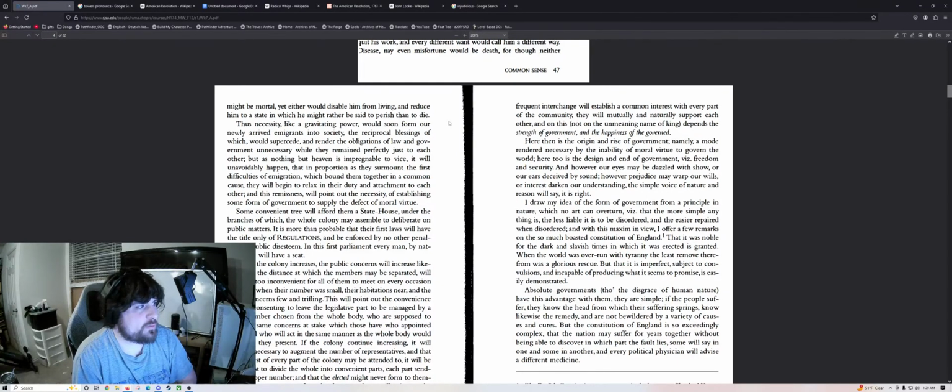The reciprocal blessings of which would supersede, and render the obligations of law and government unnecessary, while they remain perfectly just to each other. But as nothing but heaven is impregnable to vice, it will unavoidably happen that in proportion as they surmount the first difficulties of immigration, which bound them together in common cause, they will begin to relax in their duty and attachment to each other, and thus remissness